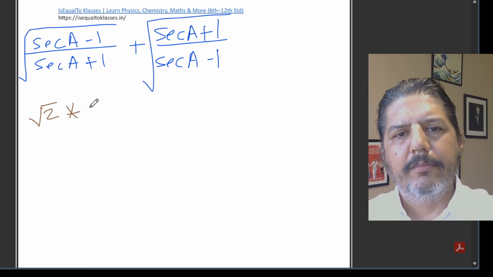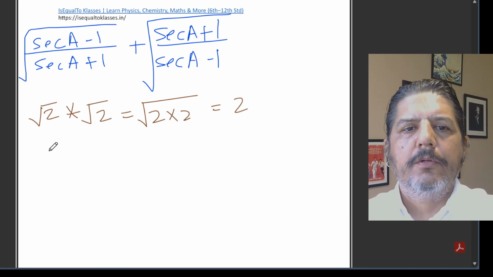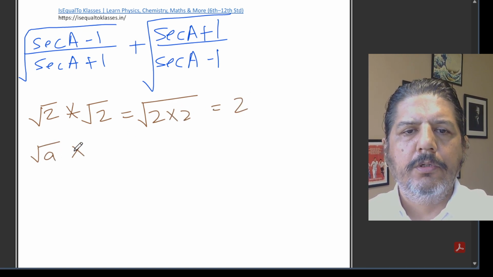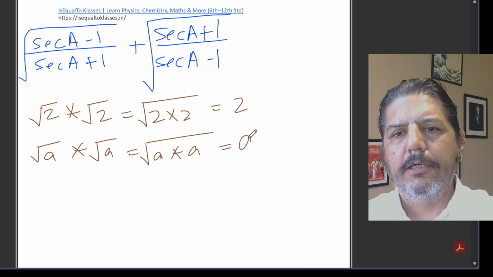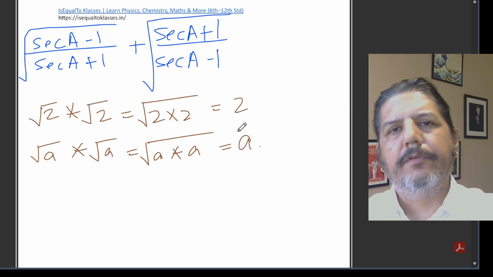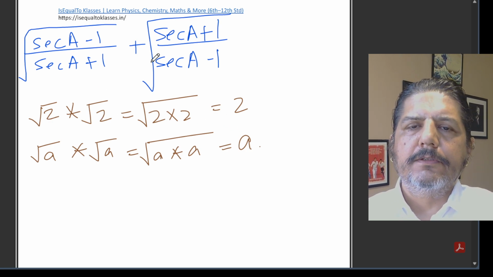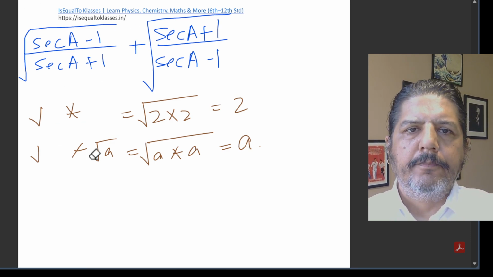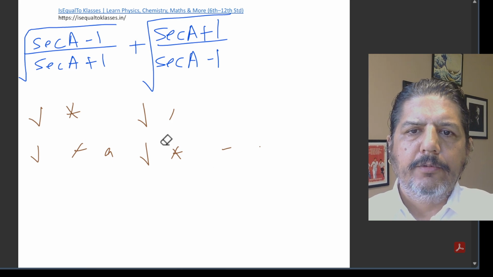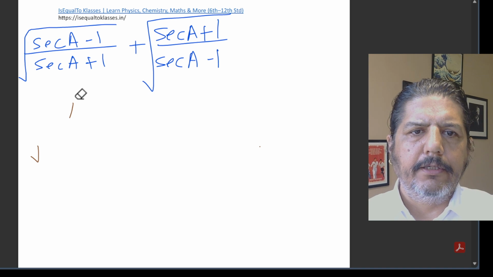Root 2 multiplied by root 2 is equal to root 2 into 2 into 2. What this means is that if there are same numbers that come under a square root, the answer is the number itself. So I'll be using this concept when I'll be doing this question. So let's start. Another thing you can understand is for people who find difficulties in square roots,